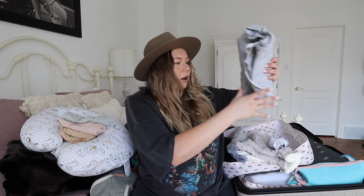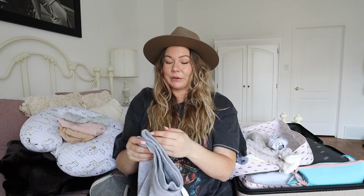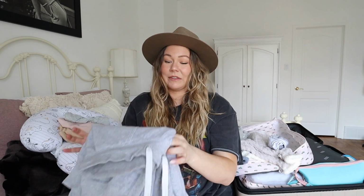Then I have a pair of sweatpants. That is my second option to wear home. They're very, very baggy and big, super soft and comfy. These are from Aerie, so they're just really comfy sweatpants, because I have seen in a lot of videos, when I watch the videos of what people actually used in their hospital bag, most people said that they wanted the loosest thing on them possible because you are just so sore and you don't want anything touching you down there. So I figured that this would be a good option to wear. I could put back on that white t-shirt that I had when I go to the hospital and wear that with these